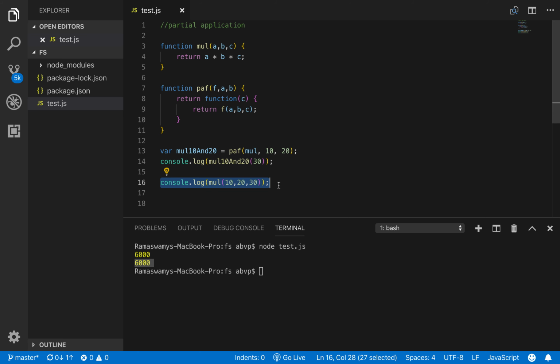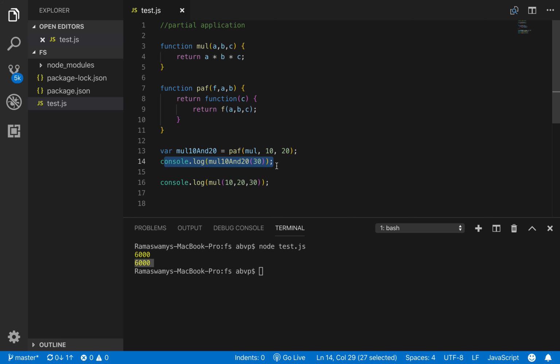Alright, so why at all partial application? What is the need? Can you guess, guys? Partial application postpones the execution of a function till it receives all the required arguments.